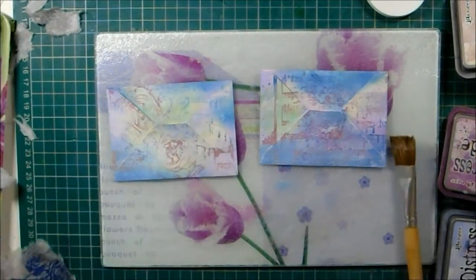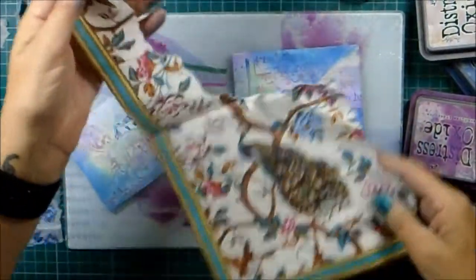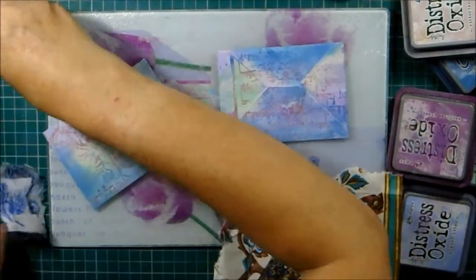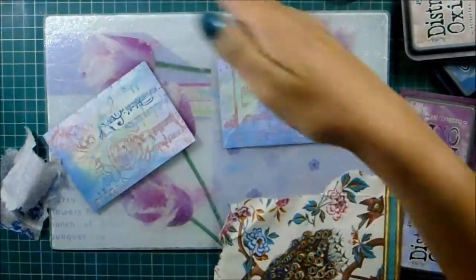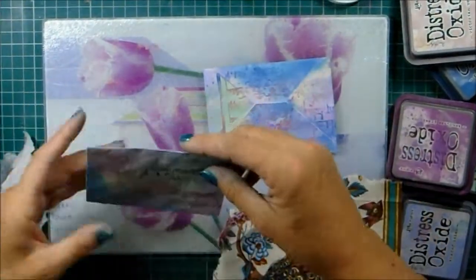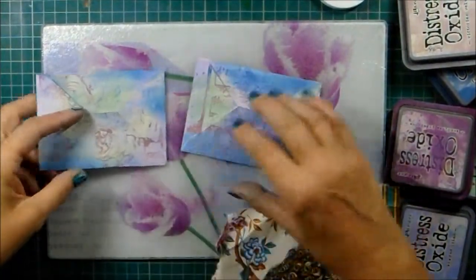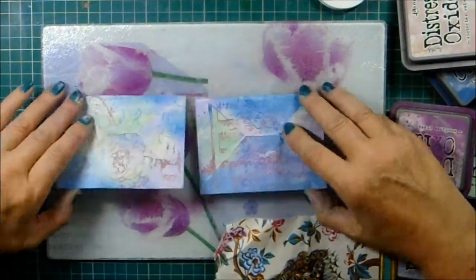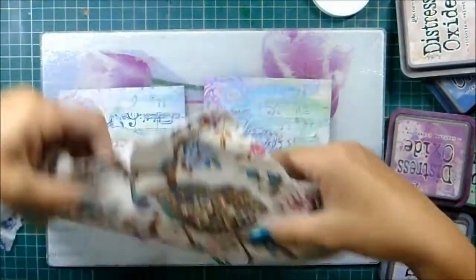And yeah, we need to grab a couple of napkins. Right, I've got this lovely one. And yeah, I just want to say, it doesn't all have to be peacock. And I'm doing peacock journal at the minute. But yeah, I might not put peacock on every single one. These are going to be that way up there, and then they're going to be that way up. I think on one of them I might have him,